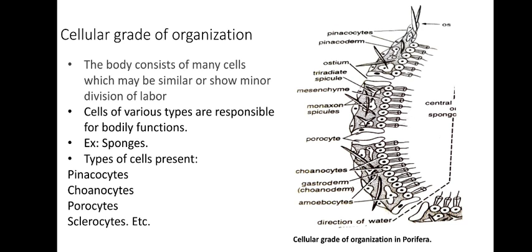So here you find, for example, in porifera, there are different types of cells. It's an aggregate type. So in case of porifera, you find a cell aggregate type of body plan. So it is just an aggregate of cells. See here, there is a choanoderm formed of choanocytes. There is a pinacoderm formed of pinacocytes. These are two layers of cells, that's all.